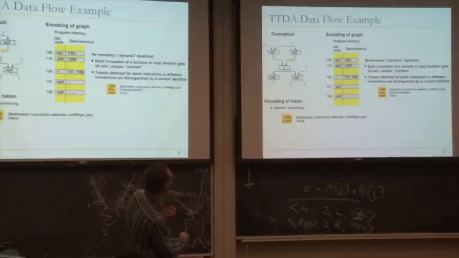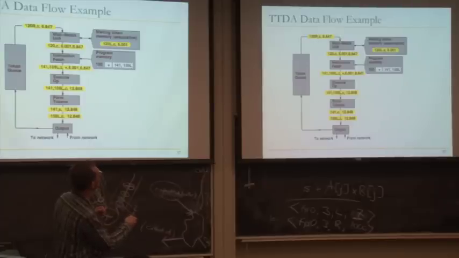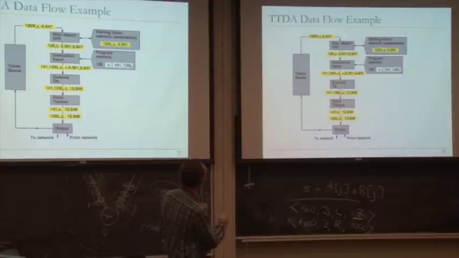So the token is a packet that contains the destination instruction address, left or right port, and the value, and the context ID. Here, somehow, they left out the context ID. So let's say you get the token. This token is produced for 120R with context ID C. This is the value. This token first goes to the waiting and matching unit and checks basically what operation is done. You basically look up memory location 120.